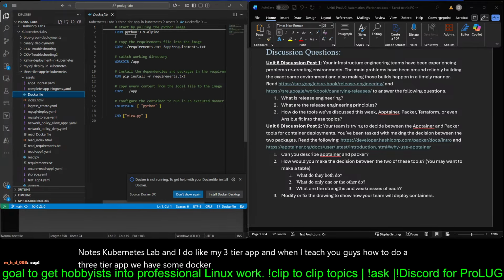And then in between here, 6 is going to be deploying Docker images and such. And that's really Packer and Apptainer to build. So that's what Unit 6 is. And then Unit 7 is automating the deployment of those, which could be both Ansible, which I know more well,